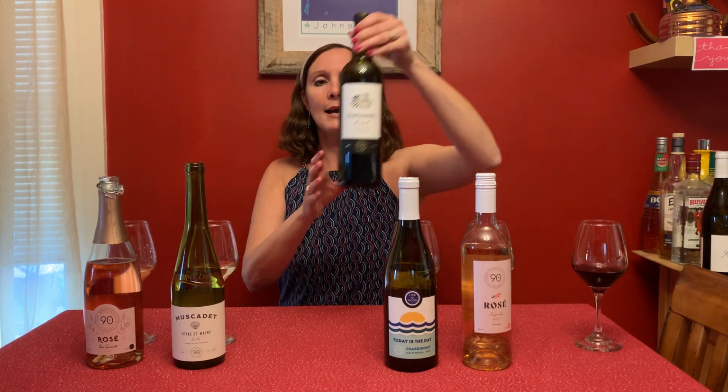Finally, for the red, I have the Lot 168. This is a Zinfandel. This is from Rockpile, which is in Sonoma. Rockpile is an AVA, an American viticultural area in Sonoma. This particular area is known for producing stellar Zinfandel wines. Zinfandel is the name of the grape. It's